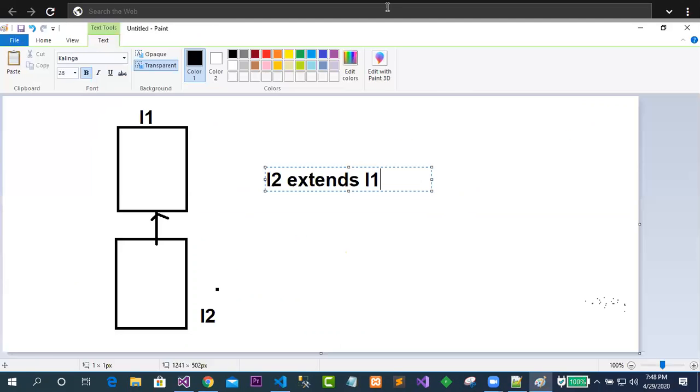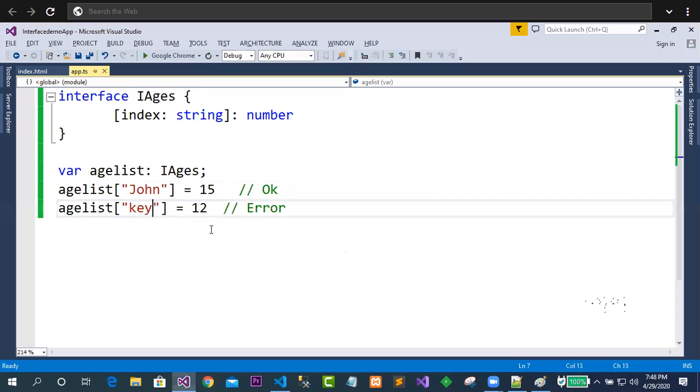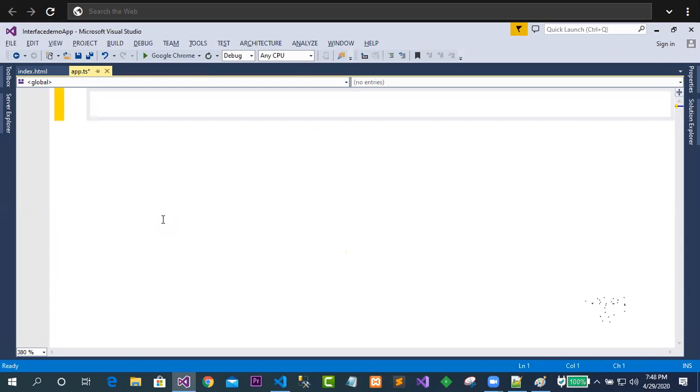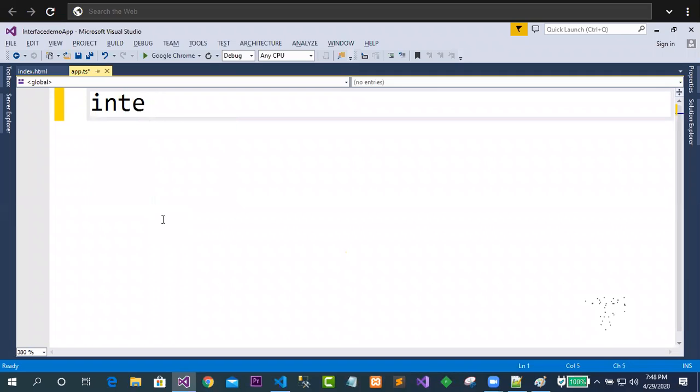Now here is a question. You have taken two interfaces. Let's come to Visual Studio. In Visual Studio, let me delete all this code. Let me define some interface here. Let's say this is interface I first. Clear? I first interface.